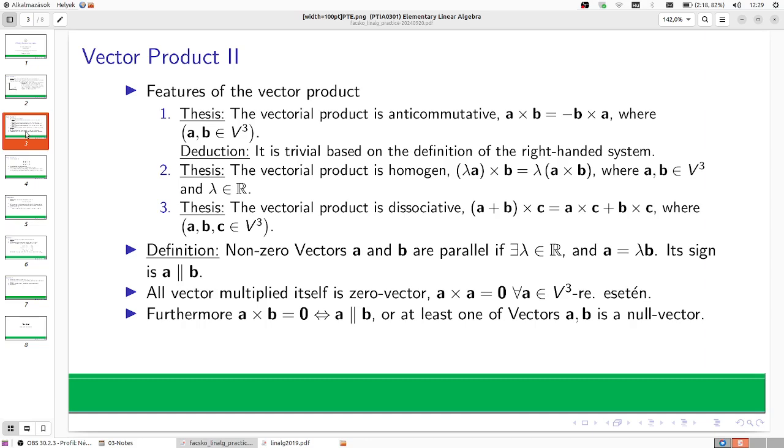So we have 3B cross A minus A cross B. However, we know that the operation is anticommutative, so I can change the A and B. It will be then minus 3A cross B minus A cross B. So the final result is minus 4A cross B, minus 4 times A cross B. For this, it means we have this vector, the A cross B, and we just write